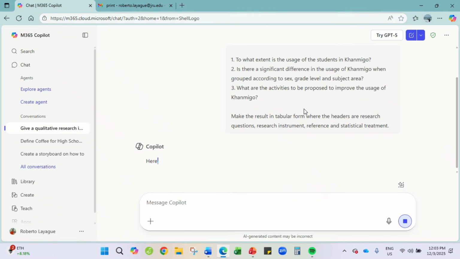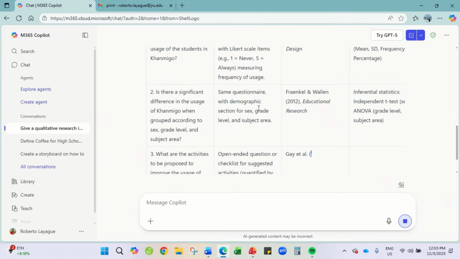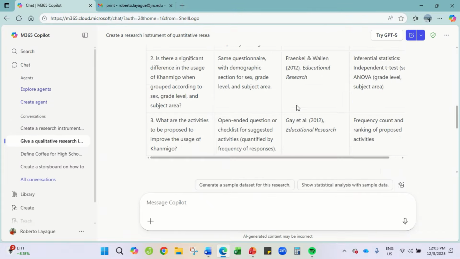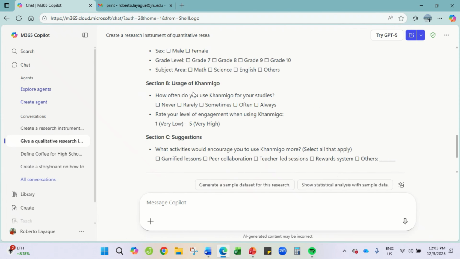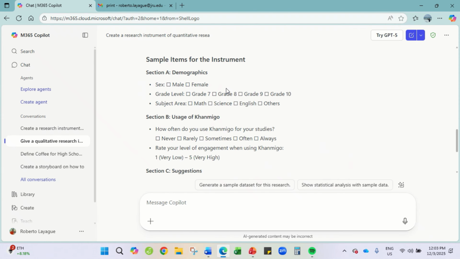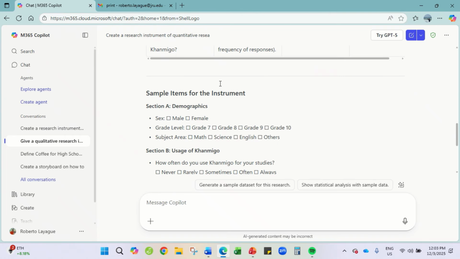So let's see. So here are the things that they could look at. So I need to expand the survey questionnaire.